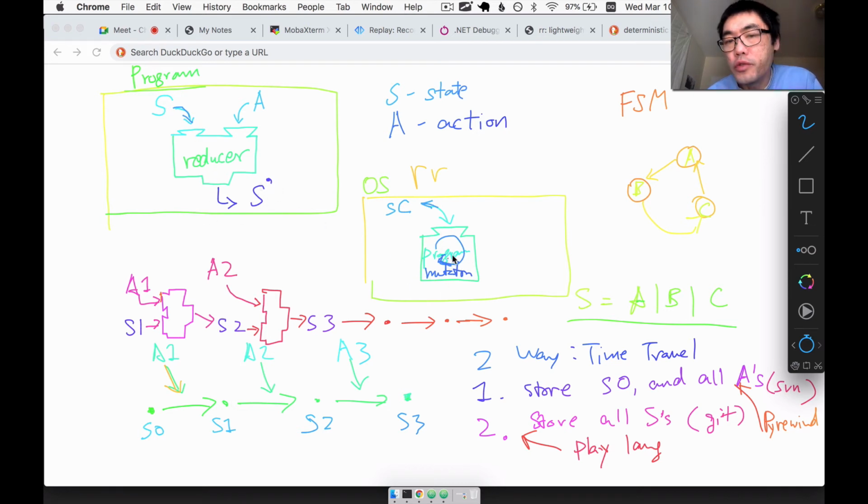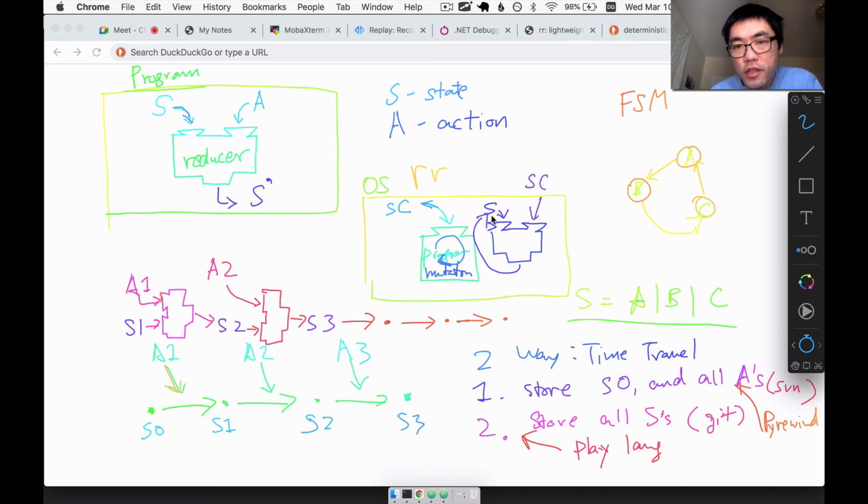We just go ahead and mutate it right inside. But if we can model it as the reducer, whatever state it had, we're just gonna write it right back into it,